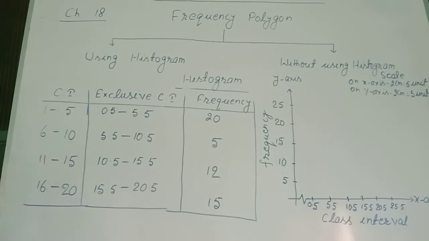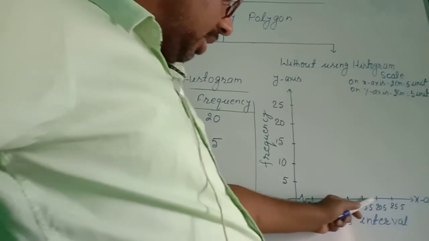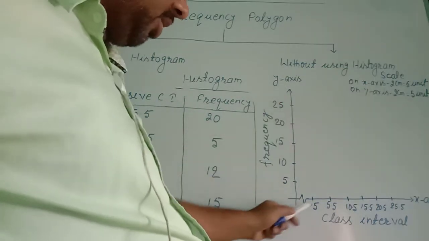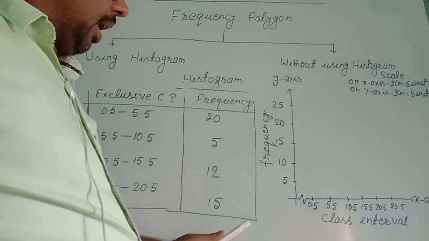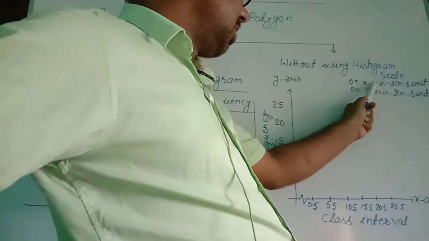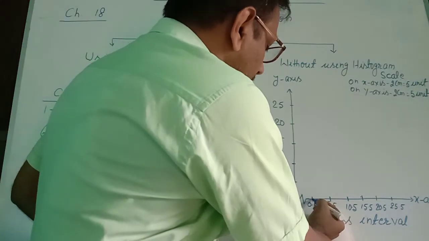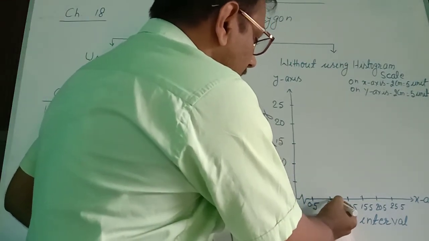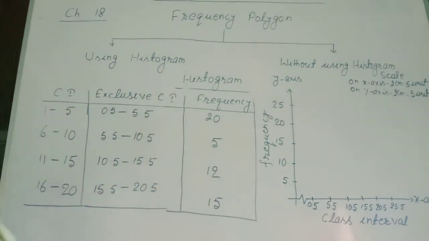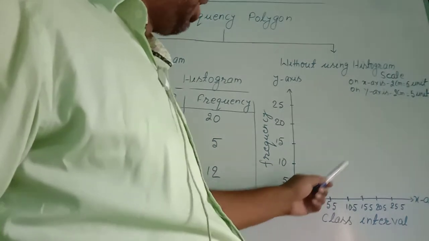Now the next step is to draw the x-axis and y-axis. I have drawn the x-axis, that is the horizontal line, and the y-axis, that is the vertical line, perpendicular to the x-axis. And after that, here I have written the scale. Scale on x-axis: 2 centimeter equal to 5 units. This distance is 2 centimeter. From here to here, this distance is 2 centimeter. For our convenience, we can change the unit as per the question. So I feel convenient taking 2 centimeter as the scale, and 2 centimeter I used for 5 units.